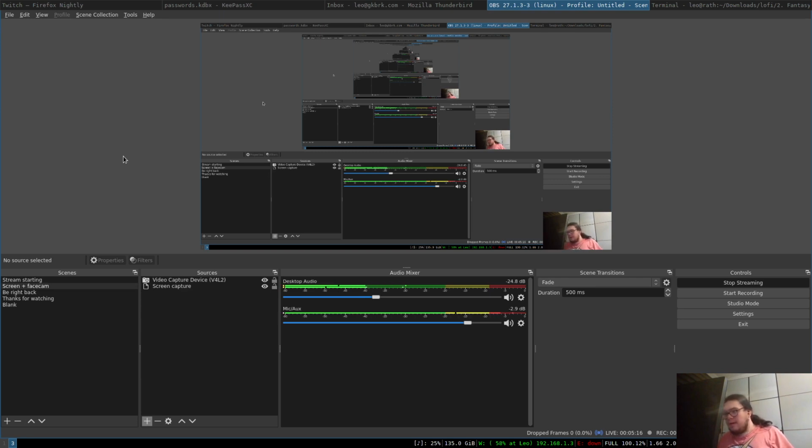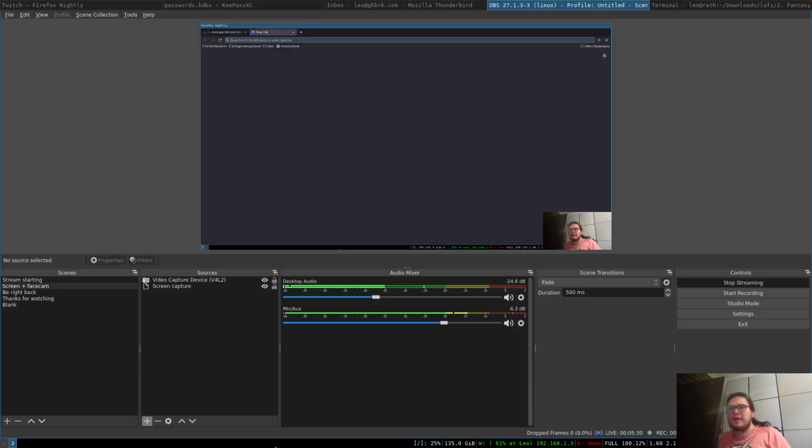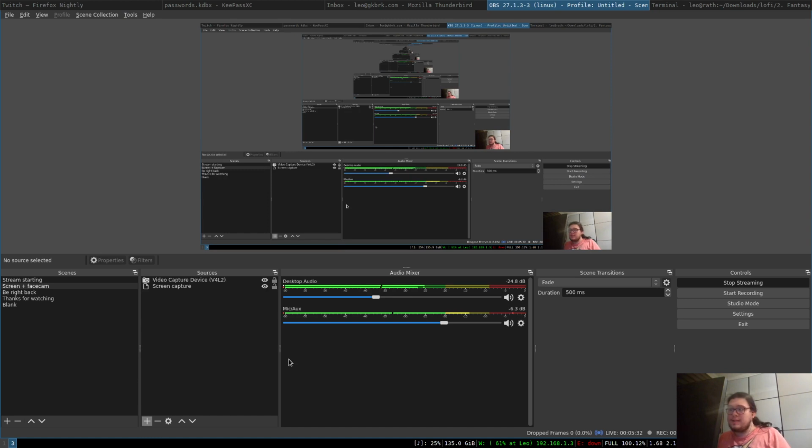Okay, good evening everyone. Let me adjust this audio level a little. So tonight I'm going to be working on a network monitoring tool. It's not going to do much monitoring, but it's going to make a fancy graph in real time. So it's going to draw a real-time graph of the network activity, and